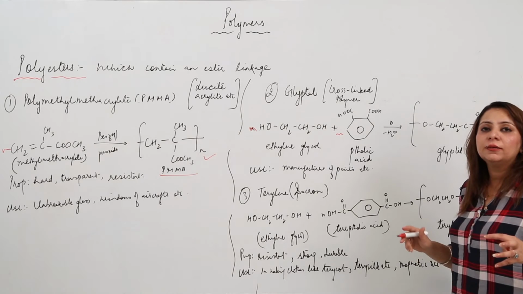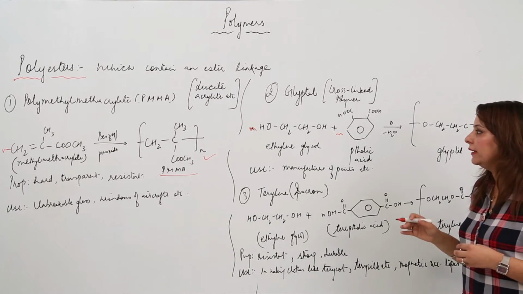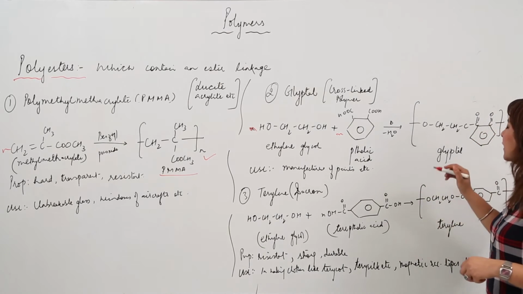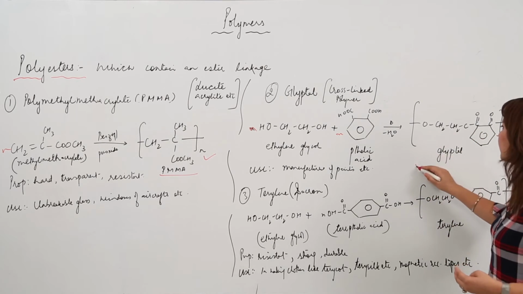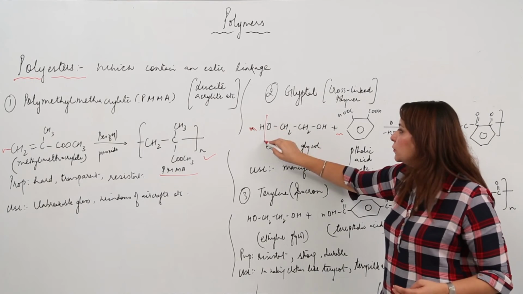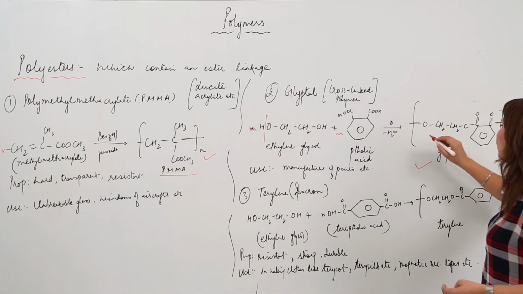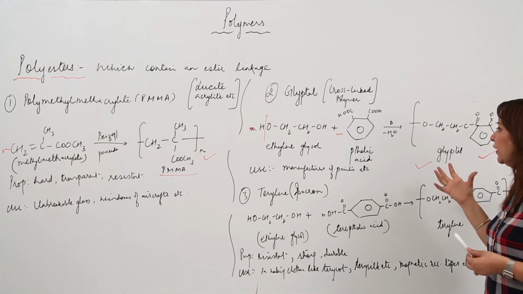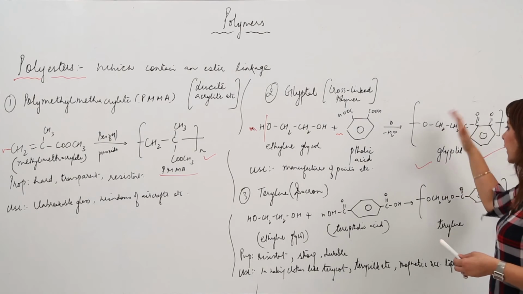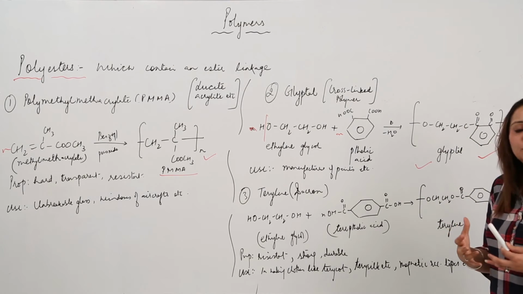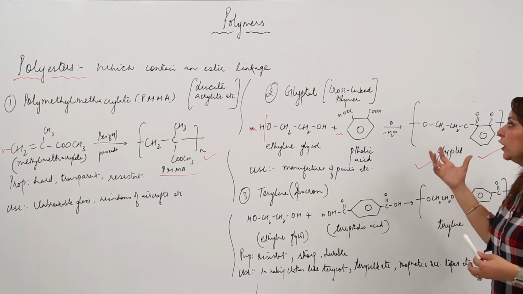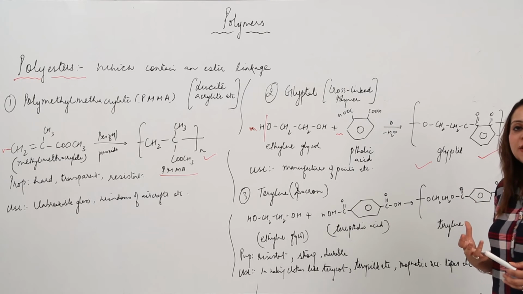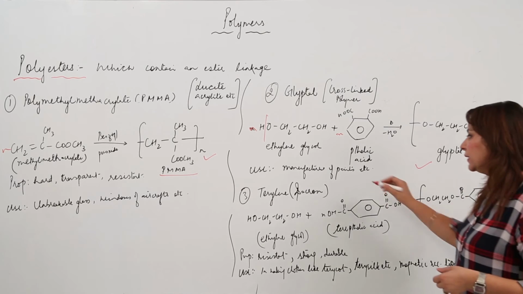It is actually a kind of condensation polymerization in this case. So when they link up, they will release H and OH, and as a result water is eliminated and we get a Glyptal like this. As you can see here, H is being removed, and from this side OH is being removed, and we get a Glyptal. After some time we get a hard mass, because a cross-link develops in it. We heat it and after that we get a hard mass actually, and that is the reason it is used in making paints and all.